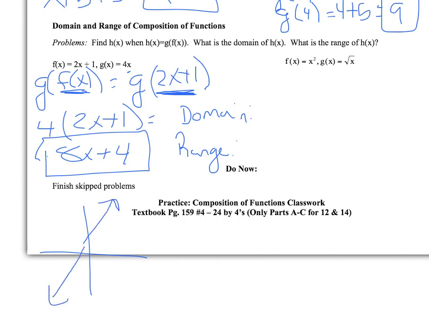It's just a line, a diagonal line that goes up and down, and that they are connected. The domain, that's going left and right forever, is all real numbers. You remember we abbreviate it with an R with a line through it. The range, it's going up and down forever. So the range is also all real numbers. At this point, you can try the three problems that I skipped. First one we have